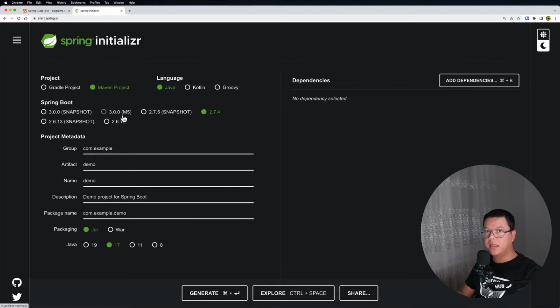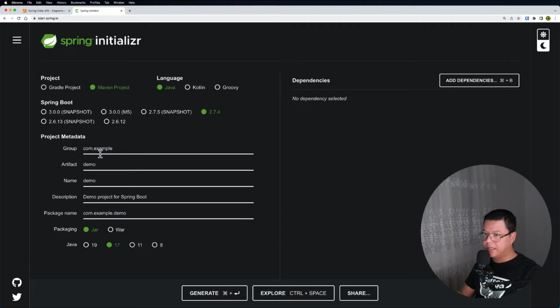And I can also create a migration guide, so if you are using a different version of Spring Boot, I will give you a complete guide to migrate from the old Spring versions to 3.0.0.